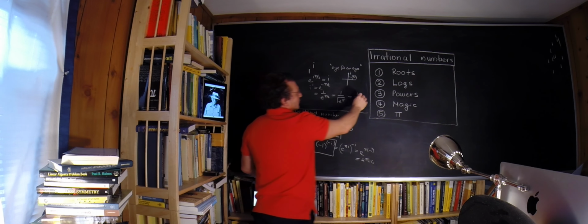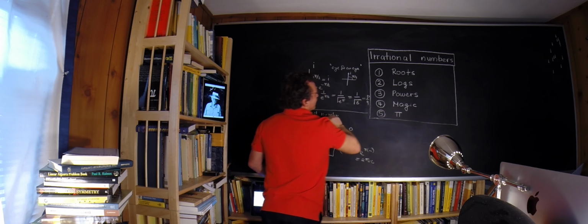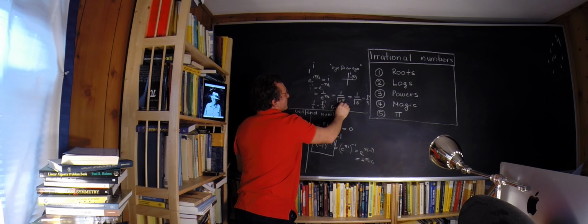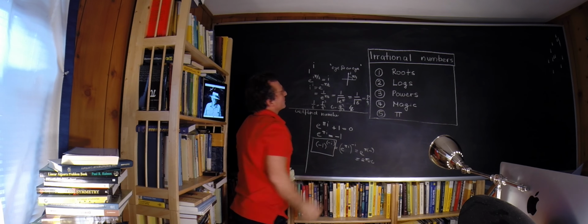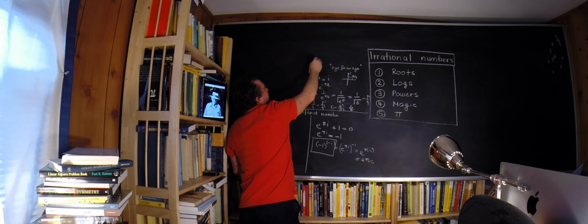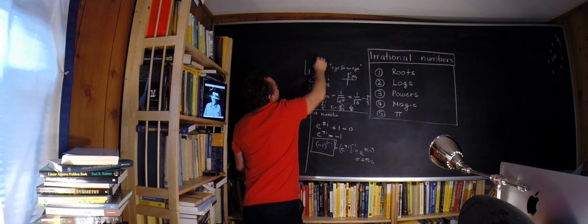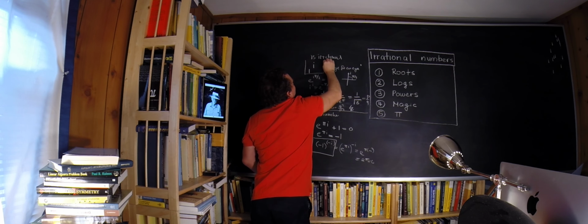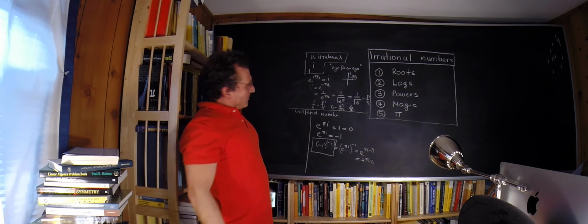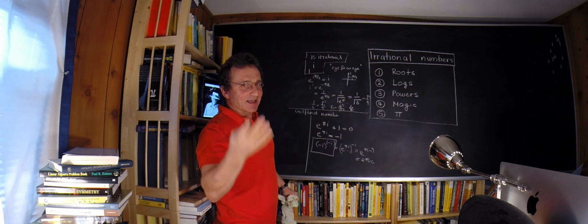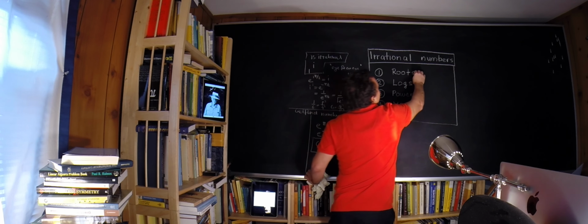And if this would be p over q, this would mean that 1 over G is equal to p squared over q squared, which means G is equal to q squared over p squared, which is not possible. So what we have just proven is that i to the i is irrational. Pretty cool. That's already the third part. It's getting more and more difficult.